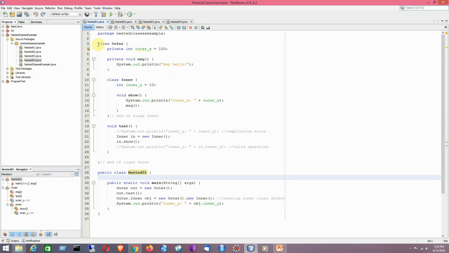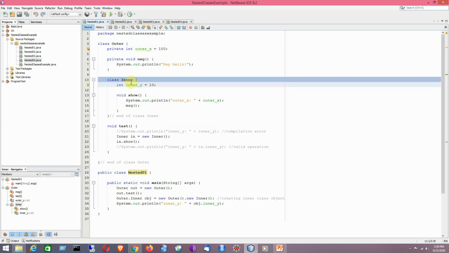Say for example, here outer is the top level class or the outer class, within which we have defined another class called the inner class, which is basically a non-static nested class, and it can access the members of its enclosing class, that is the class outer. That means they can access all the fields and methods of the outer class, I mean to say the inner class, even if they are private.